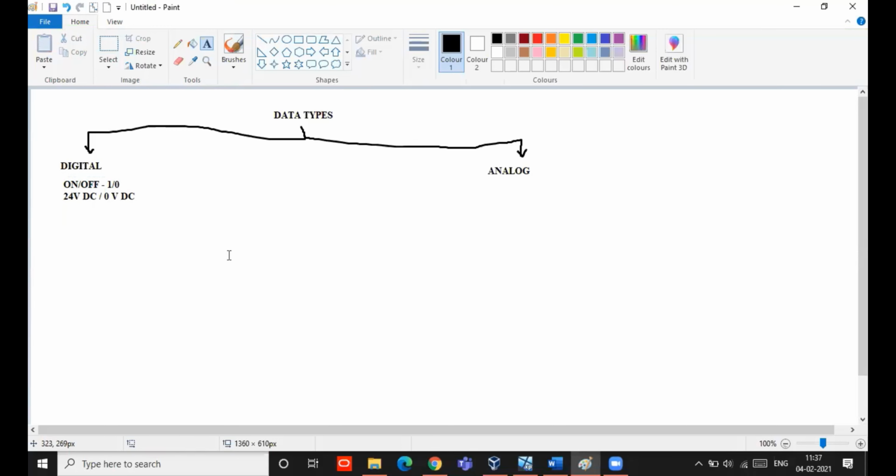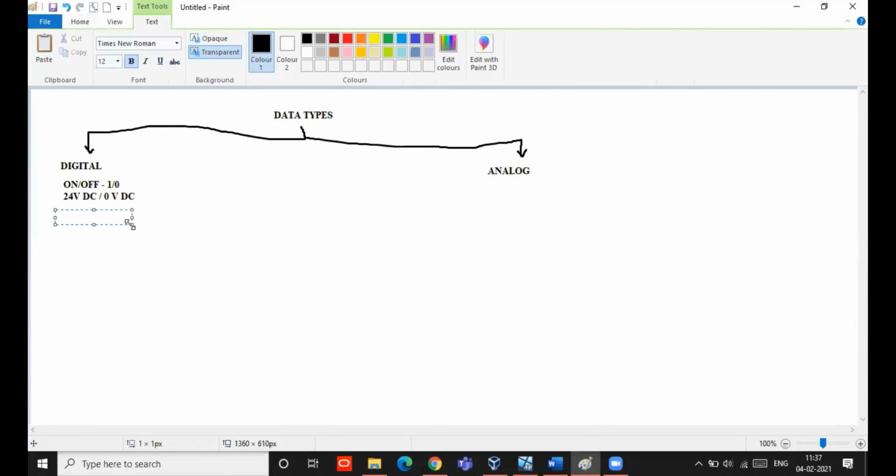Now we will come to the different examples, like different input types. For example, we have switches. A switch is either on or off. In the same way, a motor or a lamp is either 1 or 0. These are the different kinds of digital input available.